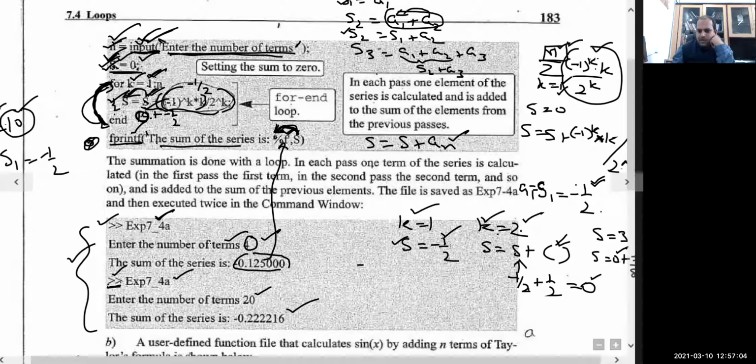And for S2, S2 will be basically A1, the first term, and you need to add the second term. Or you can say that to the previous term, let us add the next term. So for k equal to 2, put k equal to 2 here. If you put k equal to 2, it will be half. So to the previous term minus half, we are adding the next term. So the sum will be 0. Up to 2 terms, the sum is 0. The first term is minus half, or you can say if there is only the first term, that will be the sum. You can also say sum S2 will be 0. So this is what is displayed here.